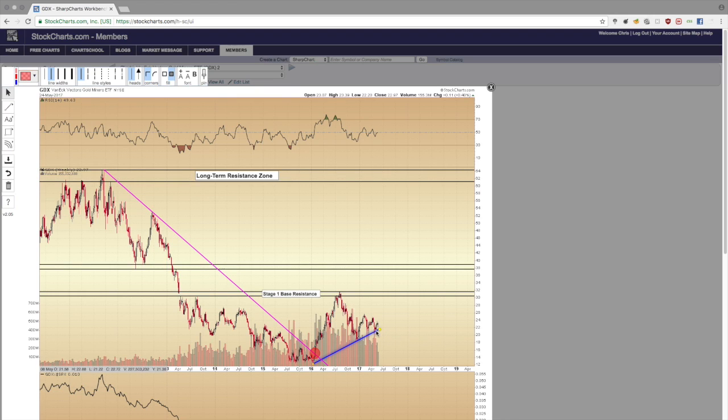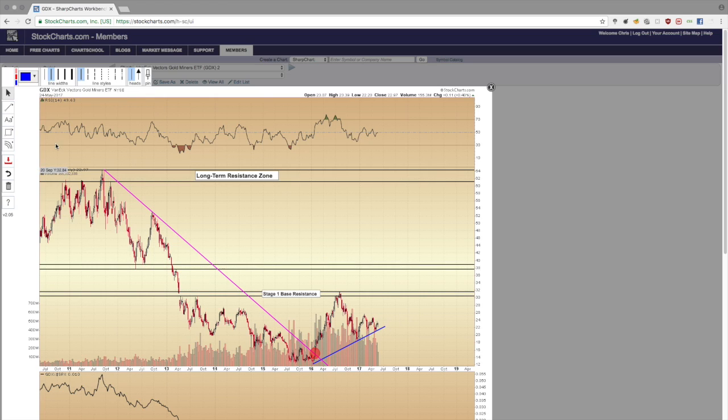What would I like to see as a technical analyst? I'd love to see this trend line hold, get some grinding here throughout the summer, start to rise, perhaps make another attempt at this 30-31, back off a little bit in the winter of 2018, and then when you have a stage 1 base that has been forming for 5 years underneath a certain price level, the ramifications for the gains that can come after this are quite significant. This is what I would like to see. We're not there yet. We are right here.